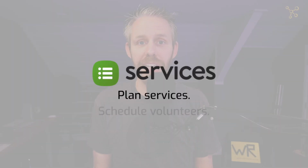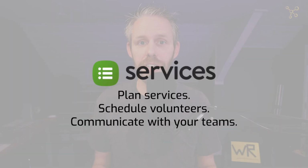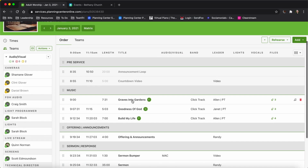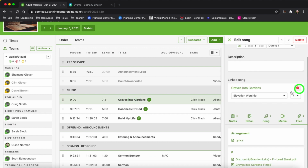Planning Center Services, the flagship app. This is the most robust app in all of the Planning Center family. This is an incredible app to help you plan services, schedule volunteers, and communicate with your teams. You can plan a service and upload PDFs of songs. You can upload chord charts. You can upload MP3s. You can link to YouTube videos. You can use the Song Select or Praise Charts integration to automatically include all of your lead sheets and PDFs,